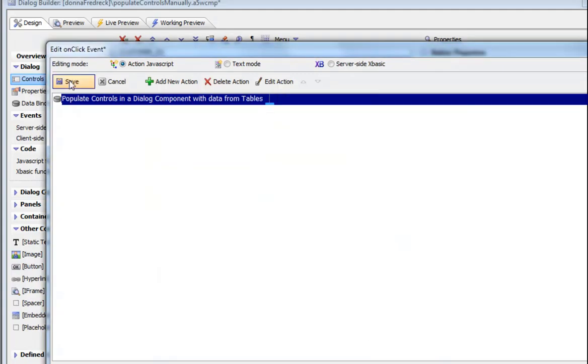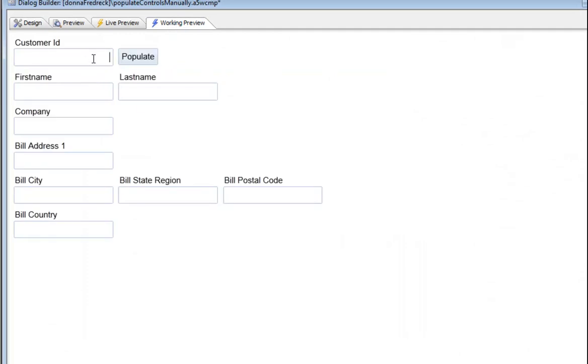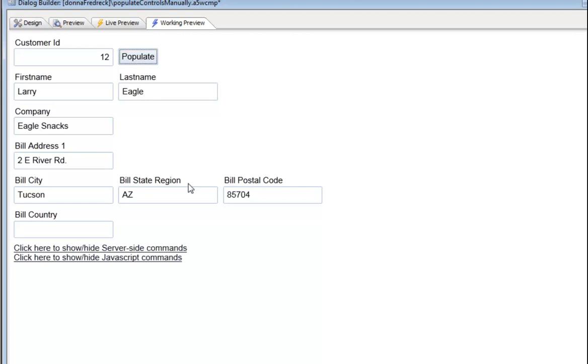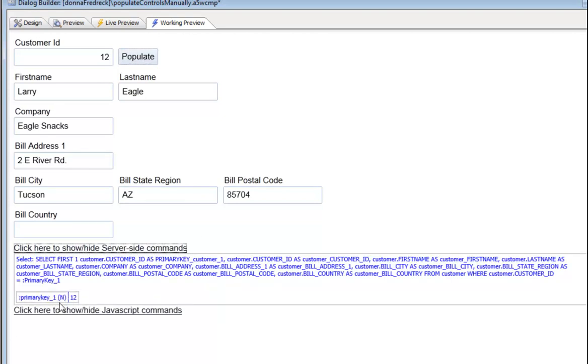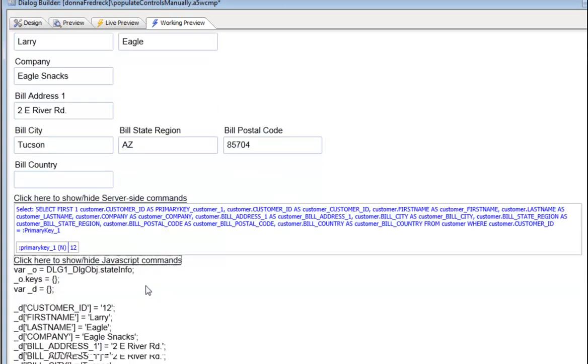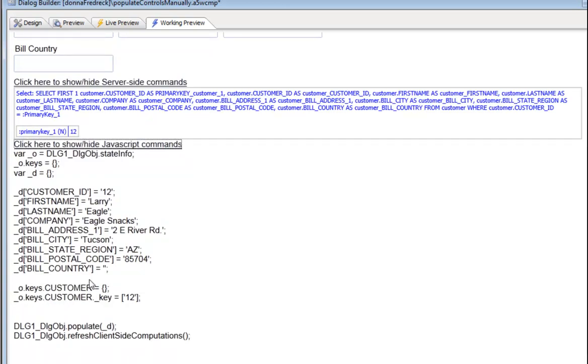That was all that I had to do, and then when I type in, say, number 12 and press the populate button, Alpha 5 made an AJAX callback, and then it executed this SQL to do the query to find the record. On the server side it computed this JavaScript, which it sent back as a response. So this is the JavaScript that is necessary to